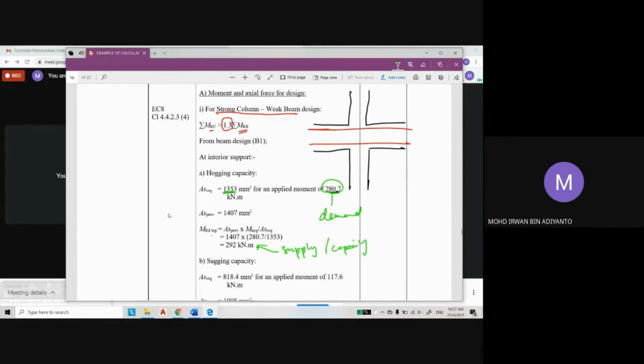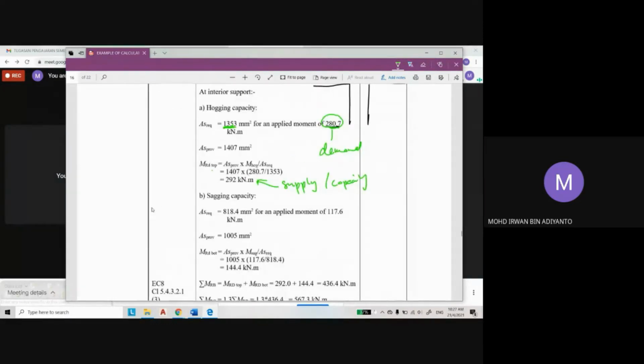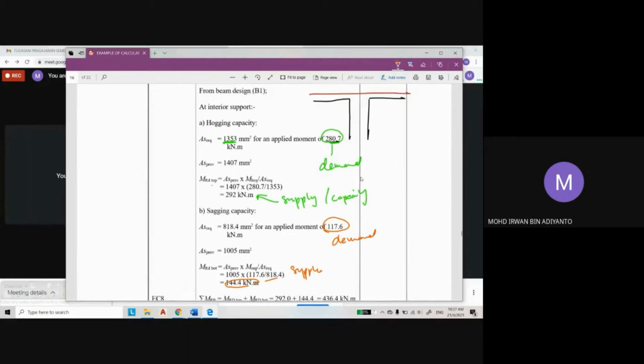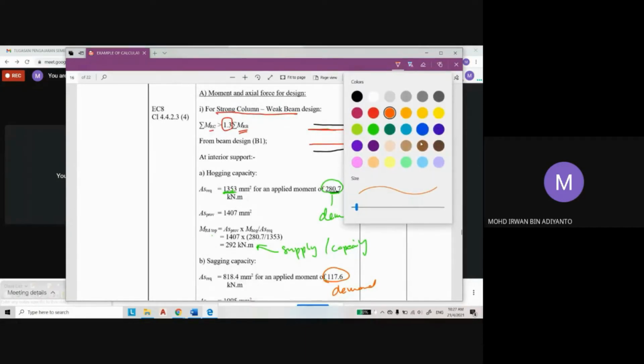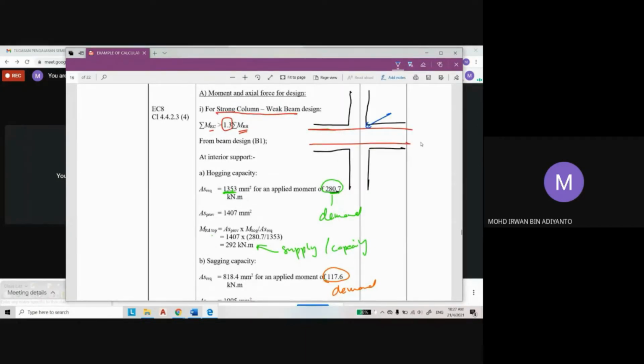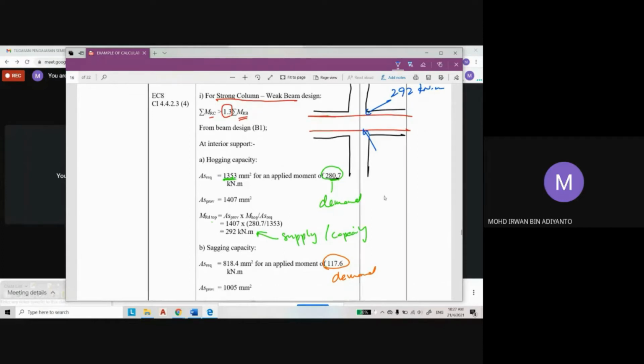Okay, so the capacity must be greater than the demand, and this is sagging capacity from the bottom reinforcement. This is one. Once again, this is your demand, and this is your supply. The bending moment capacity of the beam at the top is 272 kilonewton meter, and at the bottom is